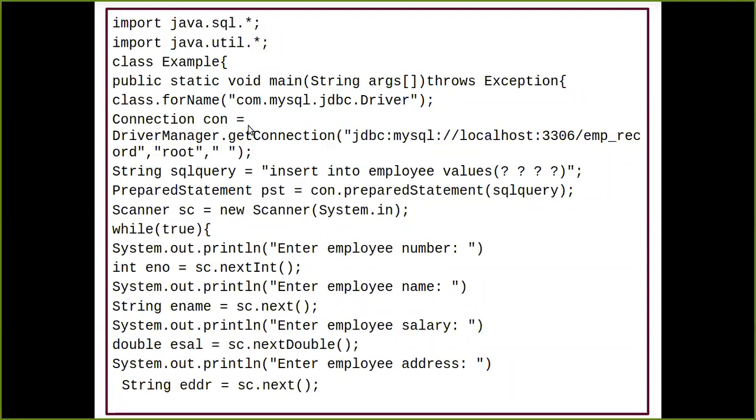I hope I am very clear about what I am saying right now: we are just assuming that we have a JDBC driver already listed in my DriverManager after this step.